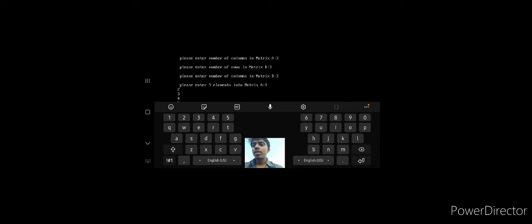After pressing the enter key, the addition matrix will be displayed on the output screen.